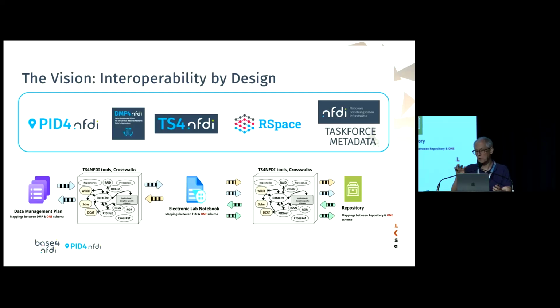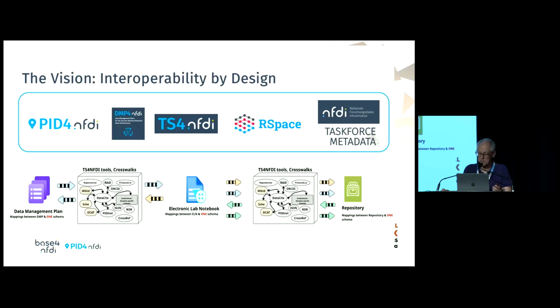And then, and this is really the core of the project, working with the Terminological Services group, we then build crosswalks linking DataCite fields to schema.org, DCAT, and templates used by ELN and DMP tools. And this is where the collaboration with TS for NFDI is crucial. They have a terminology and mapping infrastructure that makes this vision attainable. And I think, having been in the workshop a couple of weeks ago, that it could actually be true that it's attainable. It's certainly well under development, I would say.